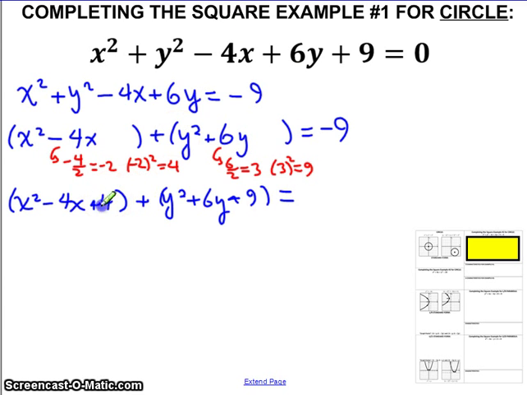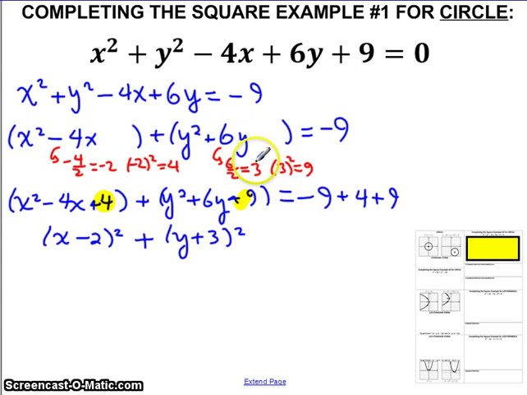Now you notice that we added a 4 and we added a 9 over here. And so we're going to need to add the 4 and add the 9 to this side as well. Okay, so these squares are now completed. We can go ahead and write them in their squared form. So we're going to get x minus 2 squared. Again, this negative 2 comes from right here. So you really don't have to worry about factoring this. You can get the information from right here. And we're going to have y plus 3 squared, the 3 from here,